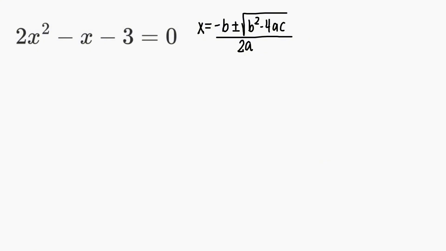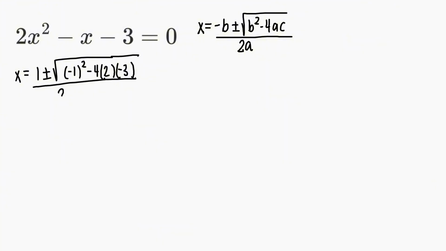As you can see, it's already in ax squared plus bx plus c equals 0 form, so we can get started. x equals negative b, which is 1, plus or minus the square root of negative 1 squared minus 4 times 2 times negative 3, divided by 2 times 2, gives us 1 plus or minus the square root of 1 plus 4 times 2, which is 8, times 3, which is 24,